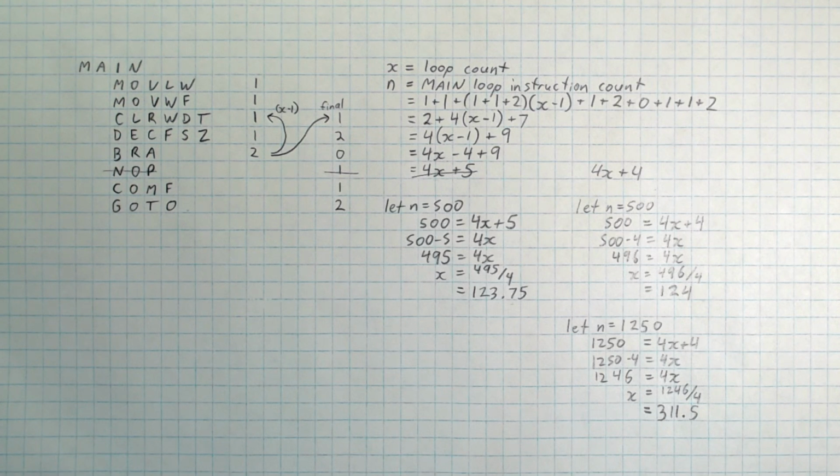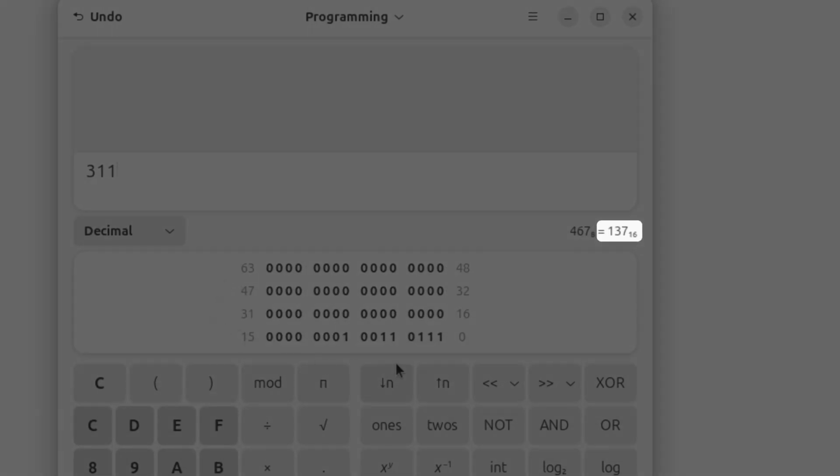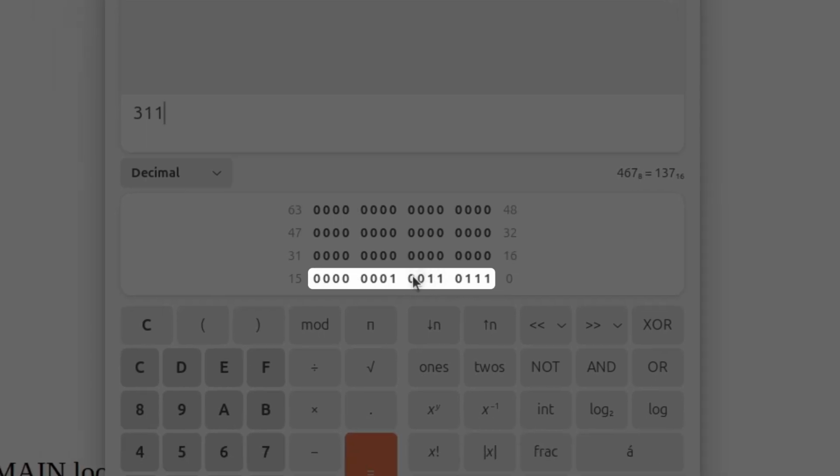Okay, so we already know how to deal with the 0.5, right? That's half a loop or 2 instructions. But that's not the important part. The important part is the bigger number, the 311. Even after we deal with the 0.5 and bring this down to 311, 311 in decimal turns into 137 in hex, which means it takes more than 8 bits to hold. Well, this is a problem because our registers are only 8 bits large. It cannot hold a value larger than 255. So 311 can't be held within a single 8-bit register, but it can be held in 2 8-bit registers or a 16-bit value,